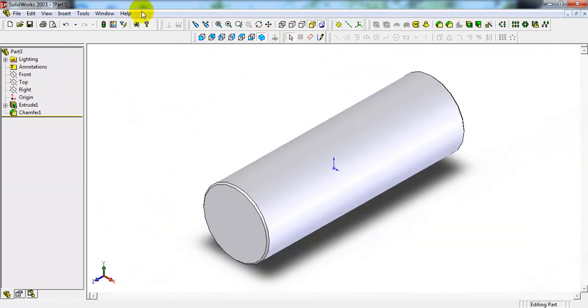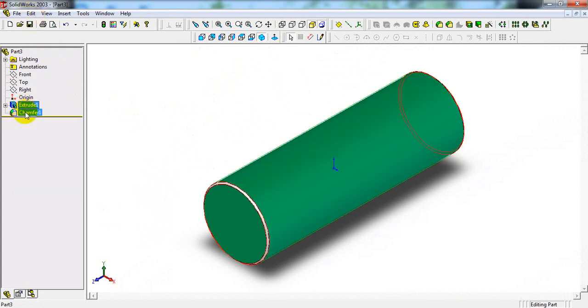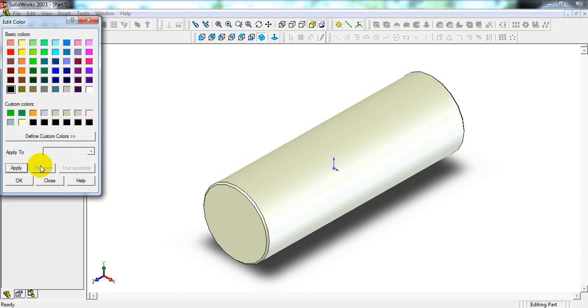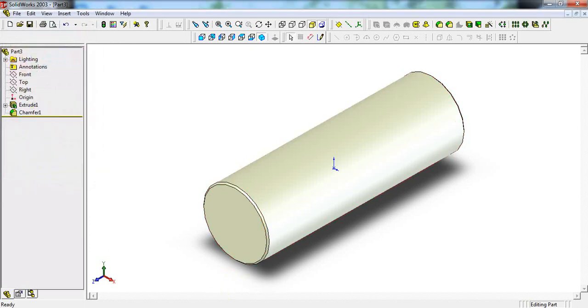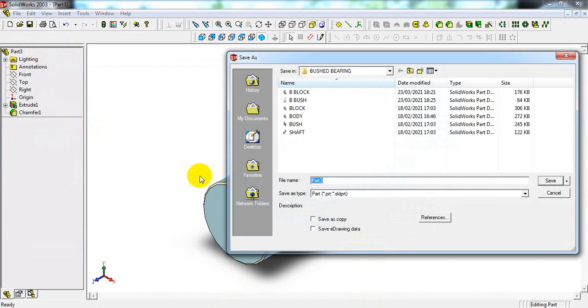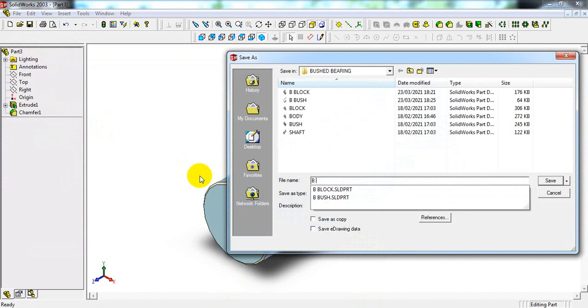Now save the shaft, save the file. This is shaft.